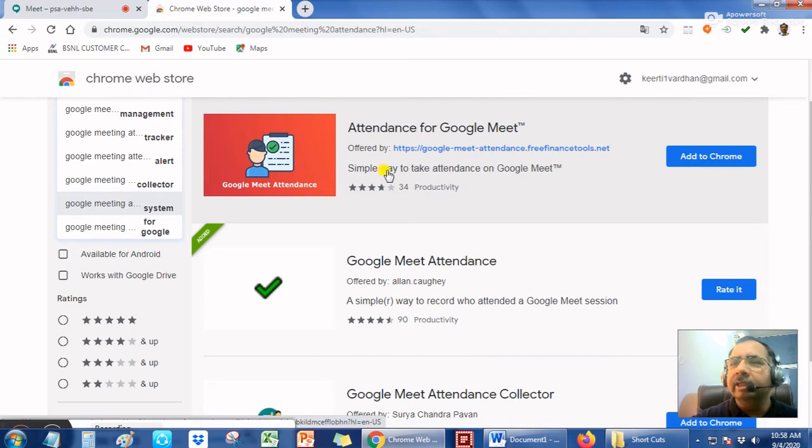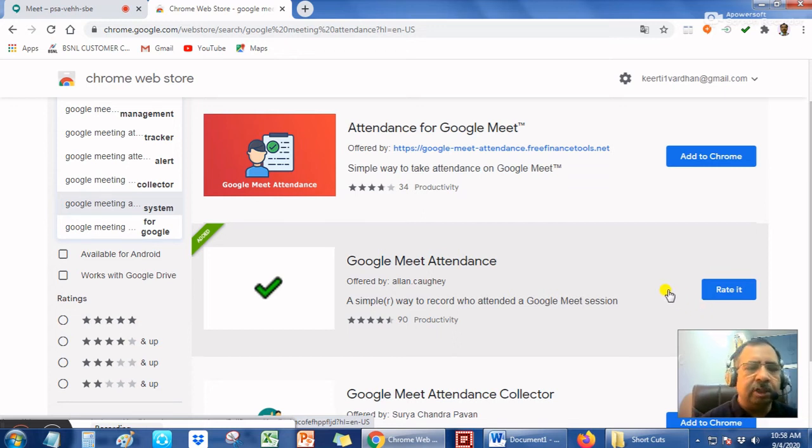I have not added this, that is why here it is written add to Chrome. But on your screen you will see add to Chrome. So you press here and follow the instructions on the screen. You will finally end up with installing Google Meet attendance in your Chrome browser. This is a very good application. So you install Google Meet attendance.